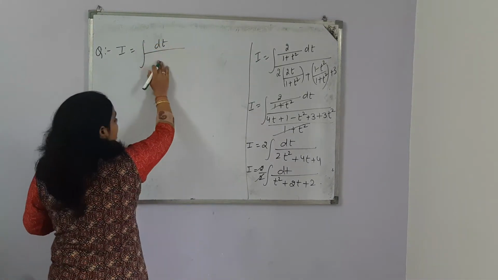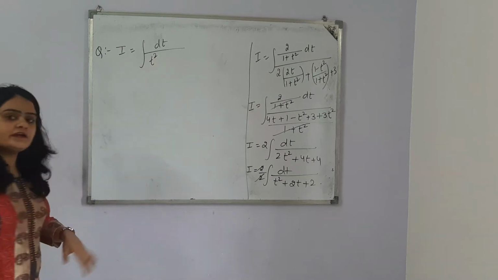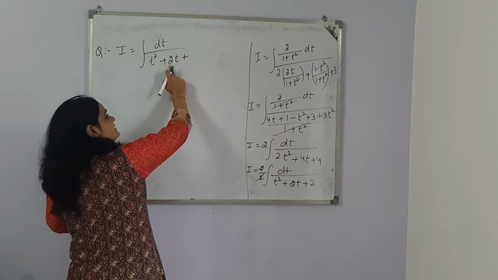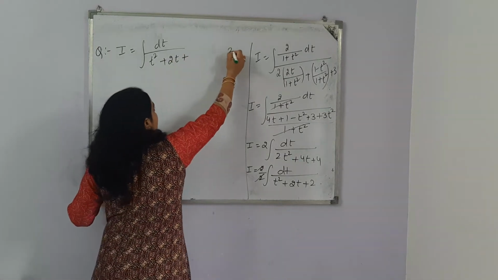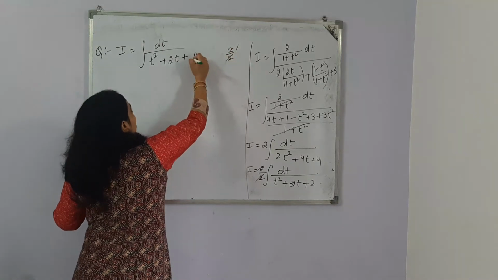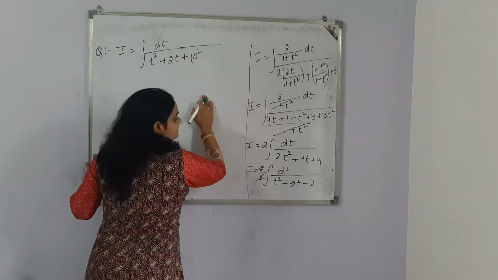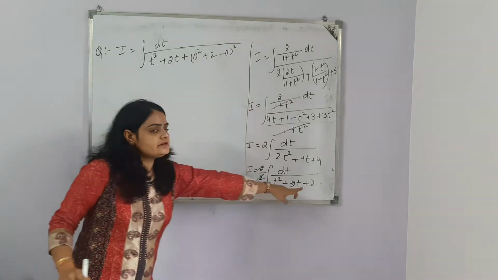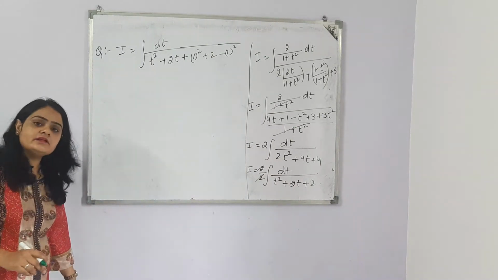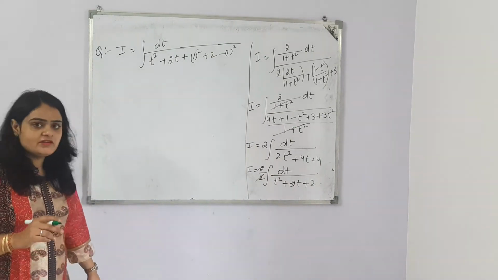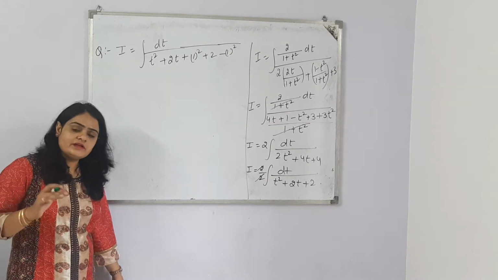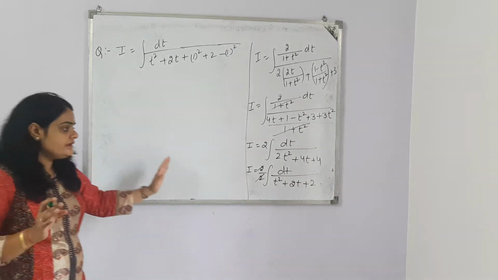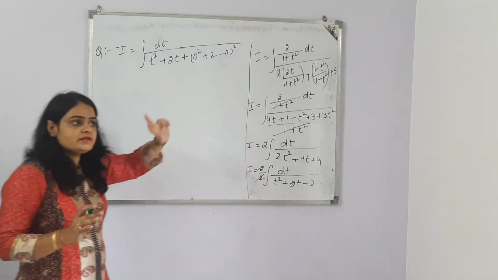dt. Completing the square criteria is saying t square's coefficient should be 1. It is already 1. So plus 2t. We'll take the coefficient of t, 2, divided by 2, so we'll get 1. So 1 square will add and 1 square will subtract, and 2 is written as it is. Hope the criteria is clear. Even if it is not clear, in previous videos I have explained this criteria very thoroughly. So just watch those videos first. Then it is easy to understand how this procedure is applicable here.